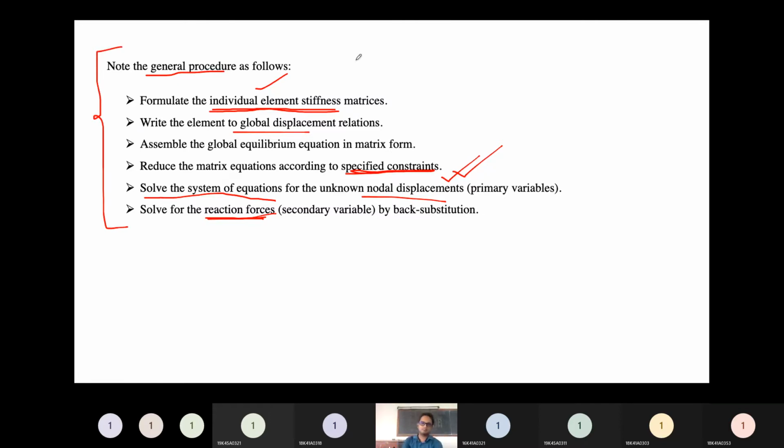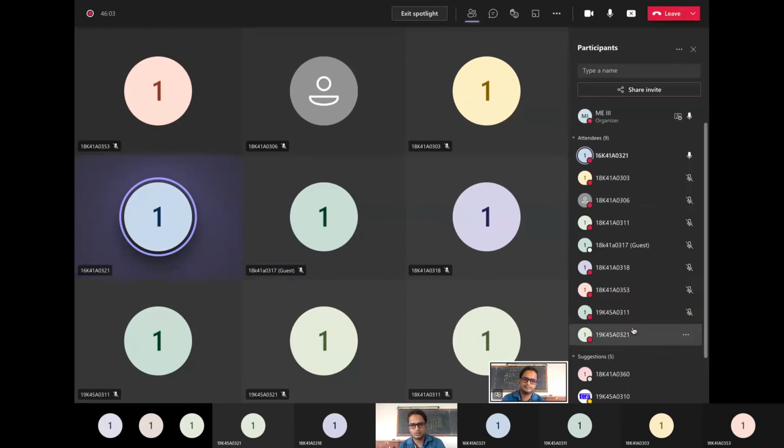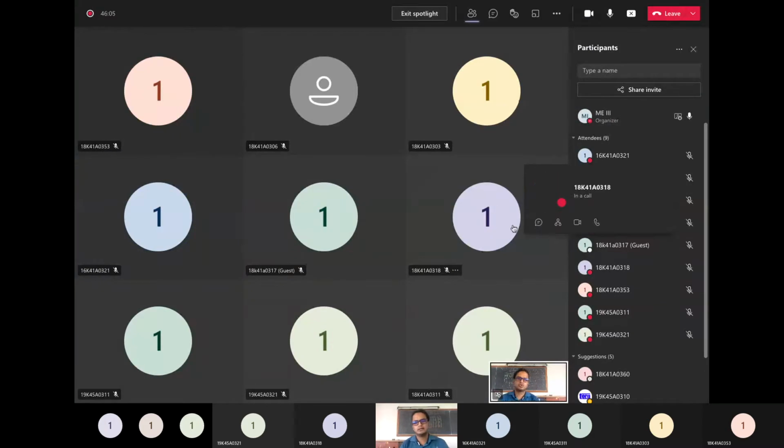Is that clear? Please respond. Yes, sir. Okay. So those steps you must keep in your mind to solve any numerical. In the exam, they can give you one rod and say that an F load is acting at this point. Then you have to use the same concept that we did here. The form will be different, but the concept will remain the same.